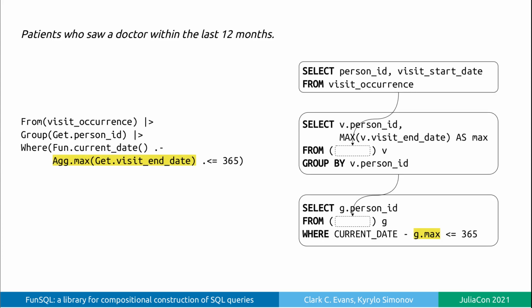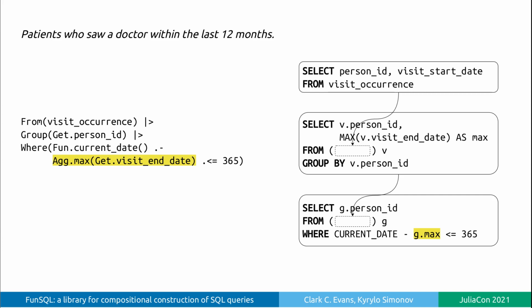Each group constructor is converted to a SQL subquery with a group by clause. FunSQL will collect all aggregate functions associated with this group constructor and place them into this query as a part of the select clause. In this example, an aggregate function max is used as an argument of the where constructor. FunSQL appends max to the select clause of the group by subquery and uses an alias in place of the aggregate function within the where clause.